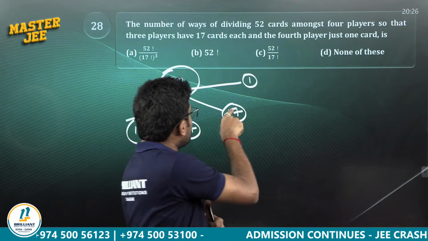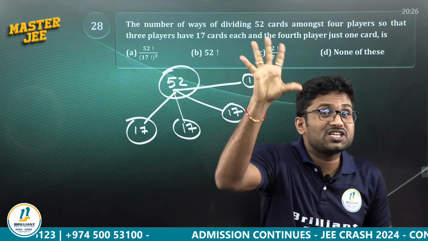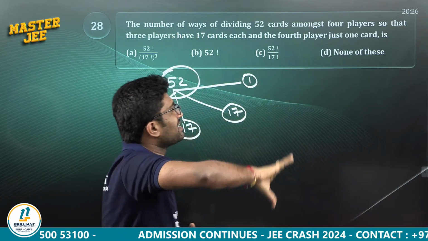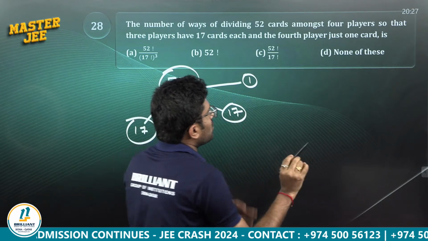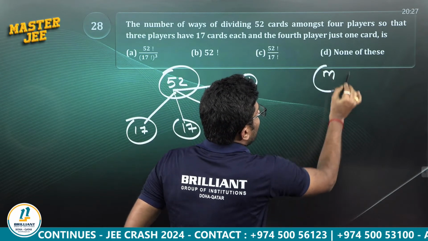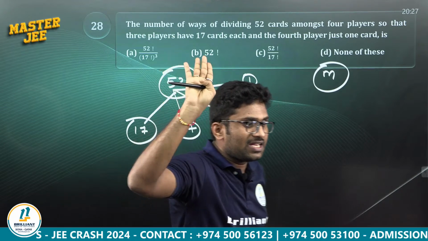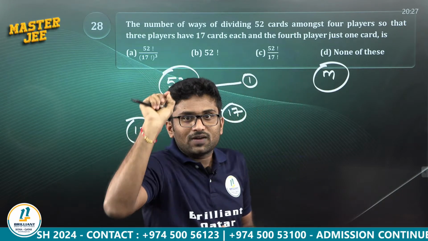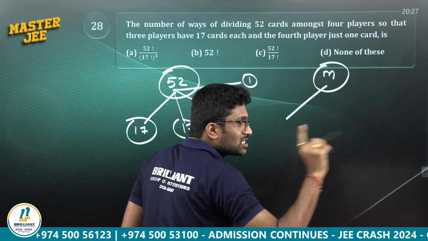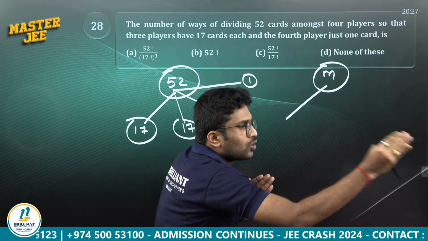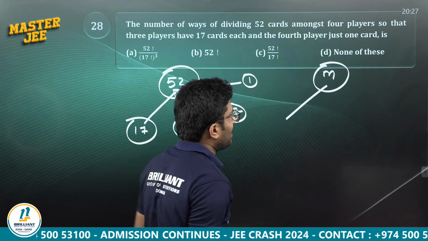Okay, 17 times 3 is 51, plus 1 is 52. This is distribution of m objects into n groups. I'll tell you a simple principle. If there are m objects, and these m objects are distributed among some 4 groups or 4 persons such that